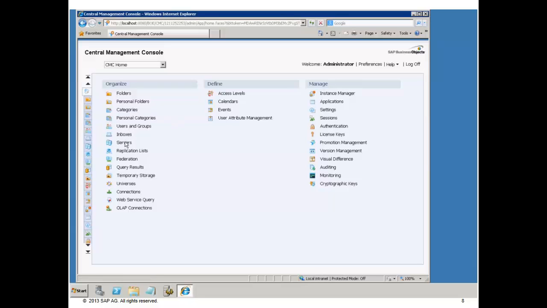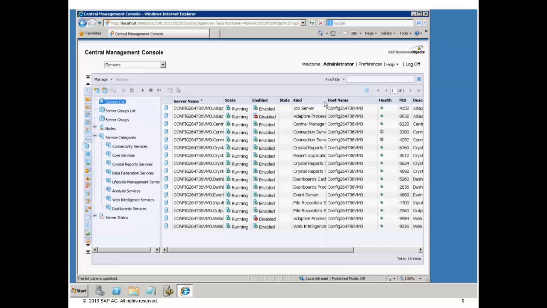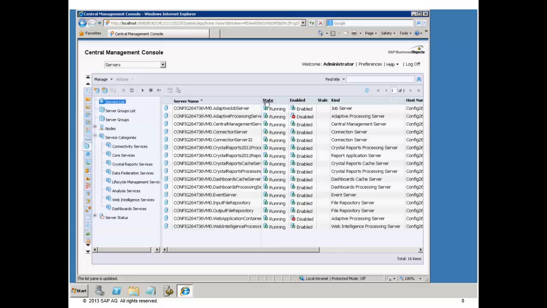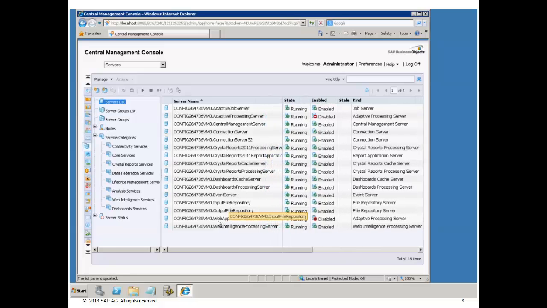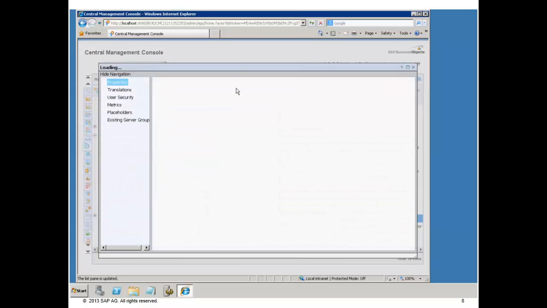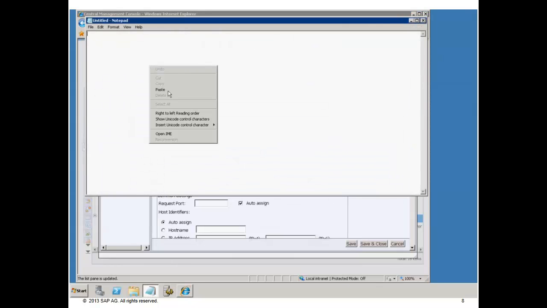Here you can see me going to the servers collection in the CMC, to the server list, and I'm going to choose one of the APS-based services in this machine. And you can look for adaptive processing service containers in the kind column, and here I'm choosing the Webby container servers. Now the easiest way to change the command line parameters for an APS service is to copy it over